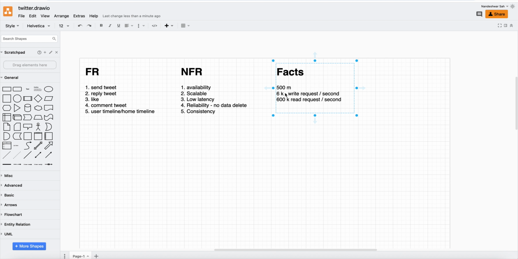in Twitter. And the write is 6,000, but that's also a big number. So that's a fact. Based on that, we can get some idea, like if it is 6,000 write requests, then if you want to calculate how big the database we need. So maybe you can just say, okay, 6,000 read